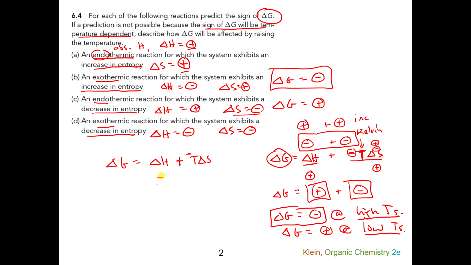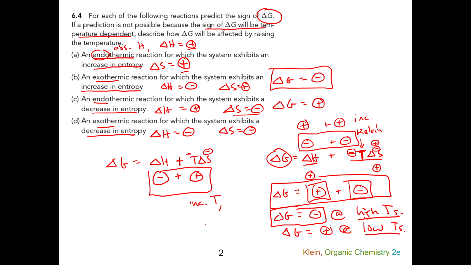So if delta H is negative and I add to that a value for delta S that's negative, negative times a negative gives me a positive. So this is similar to what we had over here, where it depends on temperature, but the situation is reversed. In this case, since my T delta S term is positive due to the two negatives multiplying together, if I have a positive here and I increase the temperature, what's going to happen? This positive number is going to become larger than the negative. And so that's going to give me a positive value for delta G, or a process that favors the reactants